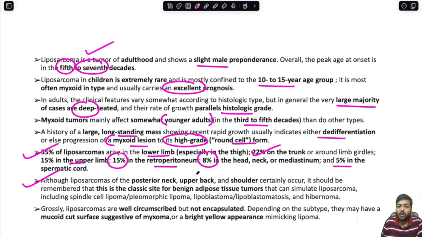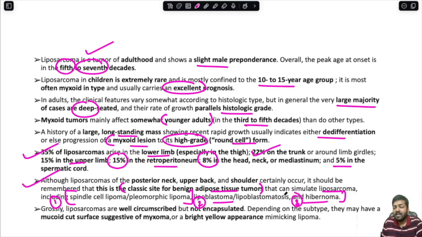Although liposarcomas of the posterior neck, upper back and shoulder certainly occur, it should be remembered that this is the classical site for benign adipose tissue tumors like lipoma, which can simulate liposarcoma, including spindle cell lipoma or pleomorphic lipoma, lipoblastoma, as well as hibernoma. So whenever you come across an adipocytic tumor which is showing atypicality, but is present in locations like the posterior neck, upper back or shoulder, okay, you should always think of certain benign entities like spindle cell lipoma or pleomorphic lipoma, lipoblastoma or lipoblastomatosis